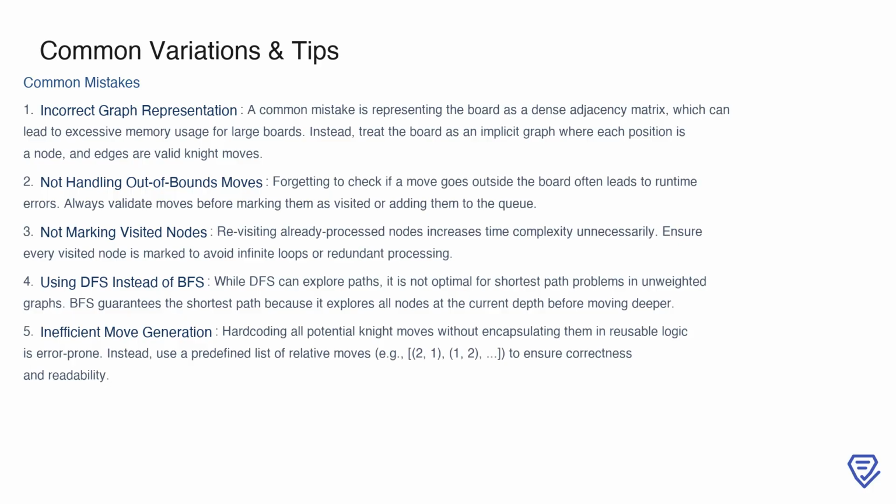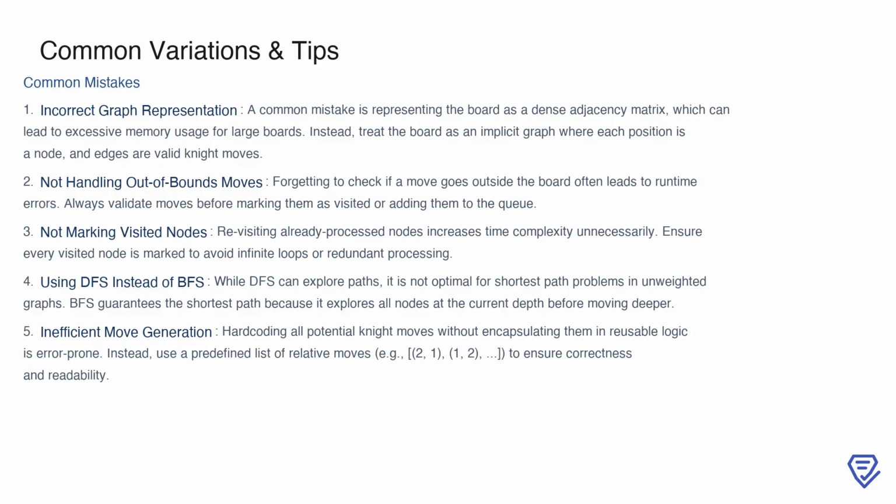While this approach might seem intuitive, it can lead to excessive memory usage, especially for large boards. A better strategy is to treat the board as an implicit graph, where each position is a node and edges represent valid knight moves. Next, it's important to handle out-of-bounds moves properly. Neglecting this can result in runtime errors, so always validate moves before adding them to the queue or marking them